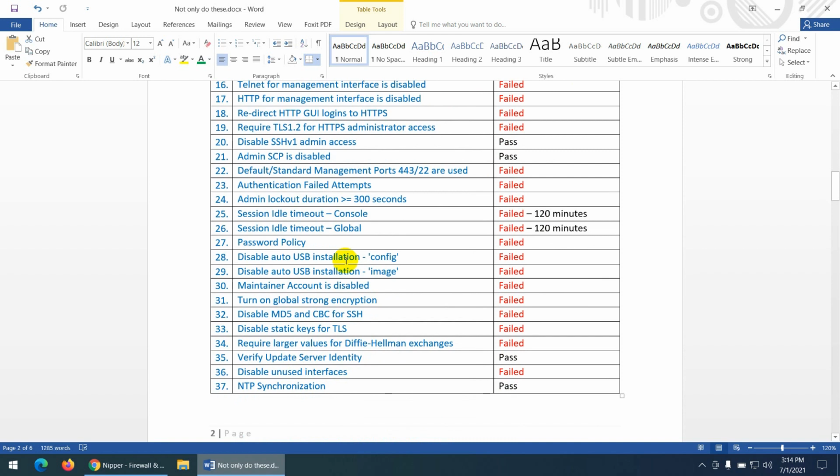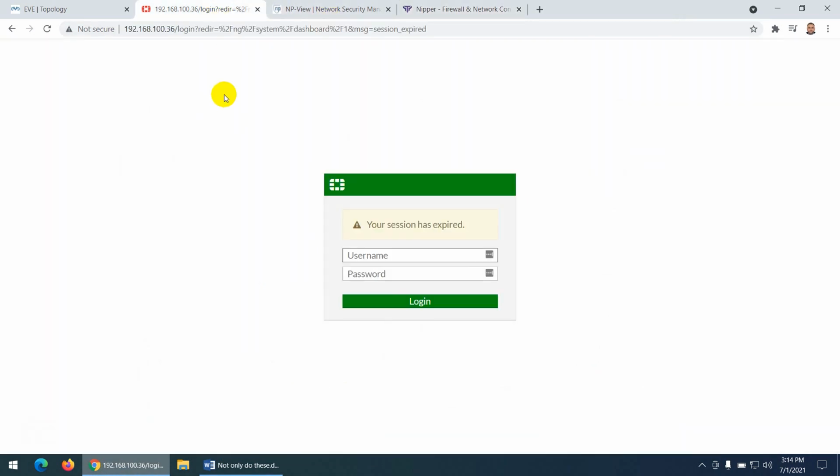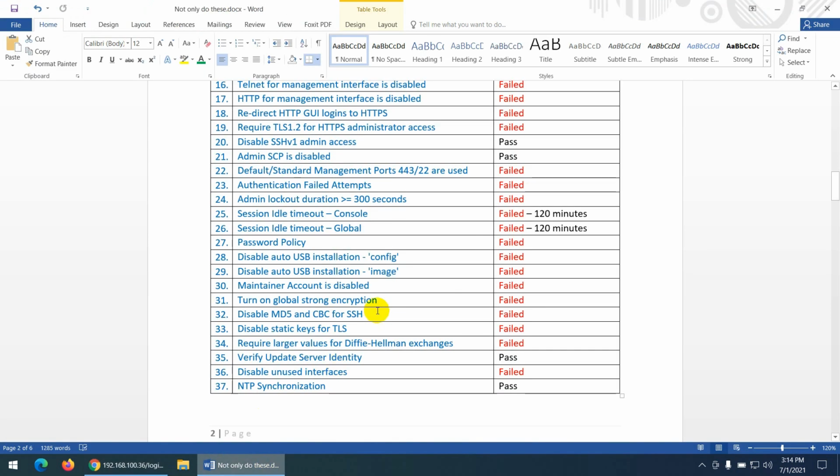You need to change the standard port. Now I am accessing my firewall using the standard port 443. So anybody can know that they are using the default port. You can change this one as well. SSH default port is 22. For security you can change them.